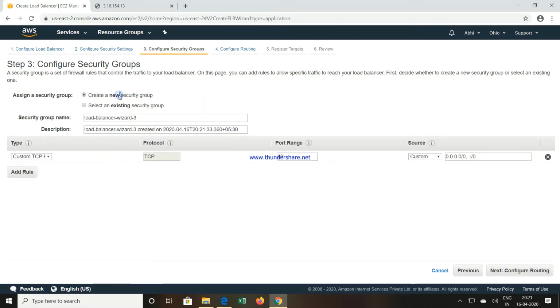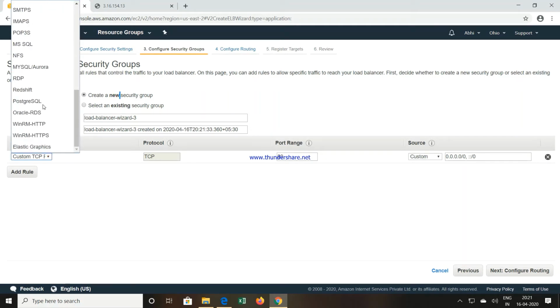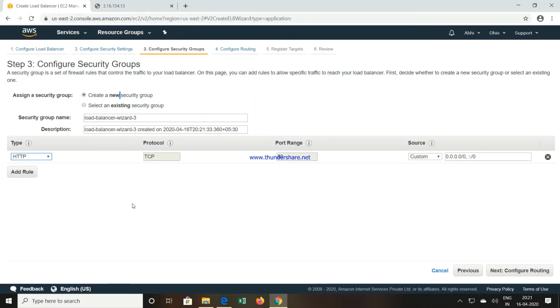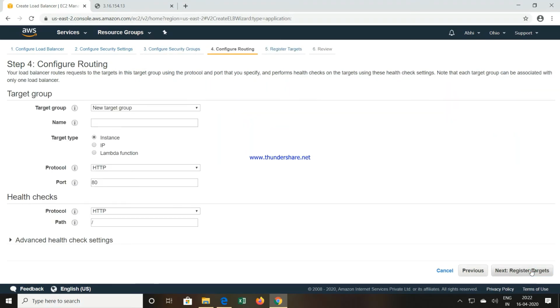So you can create a new security group. Select HTTP over here, and in the source I will say anywhere. So from any source you can access this particular load balancer for which particular protocol? HTTP. I will click on next.